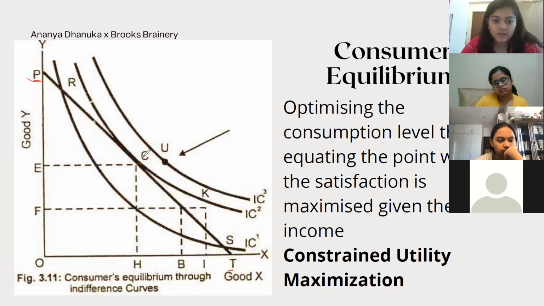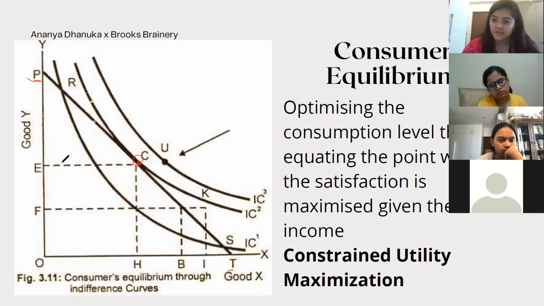So if you see here, the point C, this is the point where the indifference curve is directly tangent to my budget line. Okay, what does tangent mean? That it's a point where there's actually like a 90 degrees here. You're just touching it, there's no intersection. This is the one point of contact. And this is the exact point where your utility is maximized given the income that's there. Okay. And so whatever quantity is at C for good X and good Y is where there is consumer equilibrium.